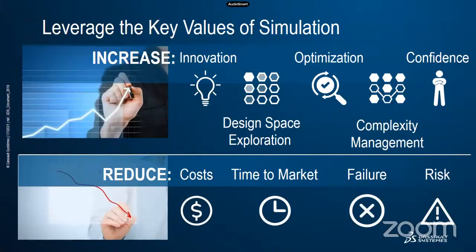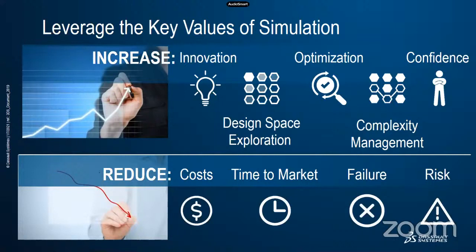Okay, so in terms of increase, design space exploration. If you have a simulation based design, the good thing is that we have a more systematic approach. That is very good. Another thing is optimization, the scope of optimization. Another thing is confidence level. We can do the test many times, and it's not easy with the real experiment. So the confidence level will be high.